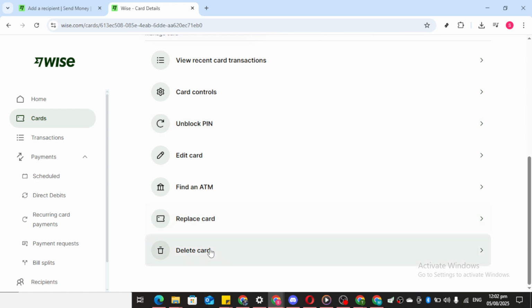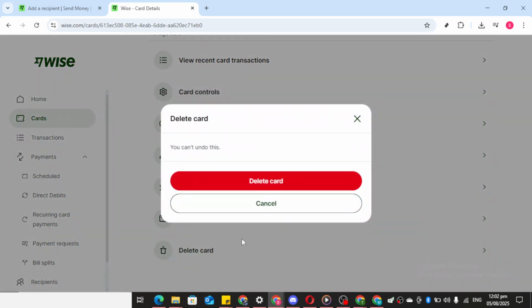This is where you'll be able to remove the card permanently from your list. The platform provides visual cues, so read carefully any confirmations or advisory messages that warn about the permanency of deletion. Once you click on Delete Card, it's important to understand that this action is irreversible. Wise does not offer an undo button for card deletions because it involves critical financial security and management jurisdictions across multiple territories. At this point, double-check your decision and ensure there will be no future necessity for the card you